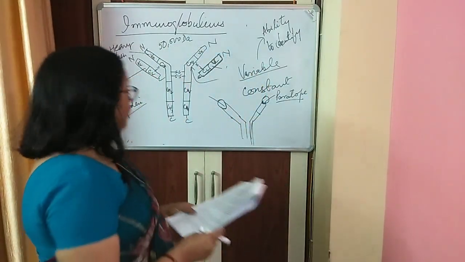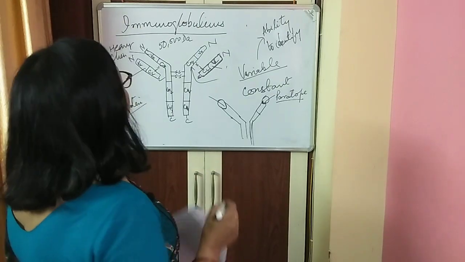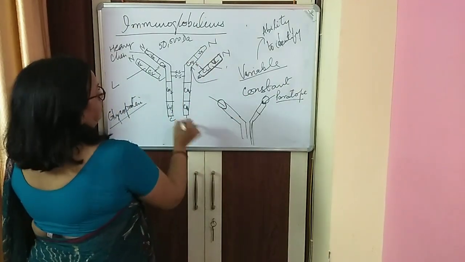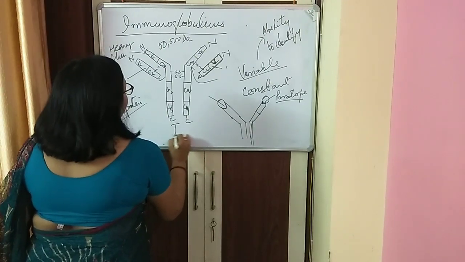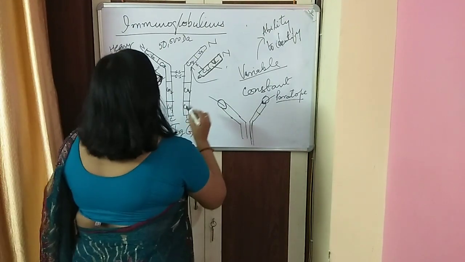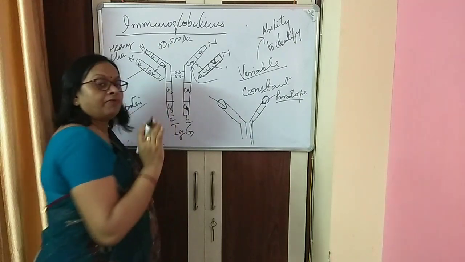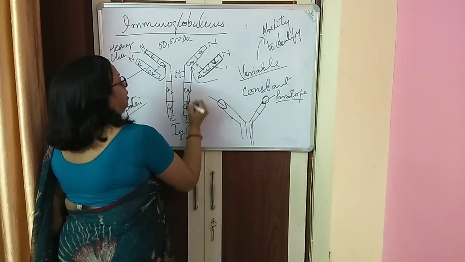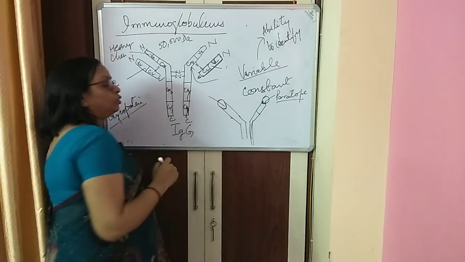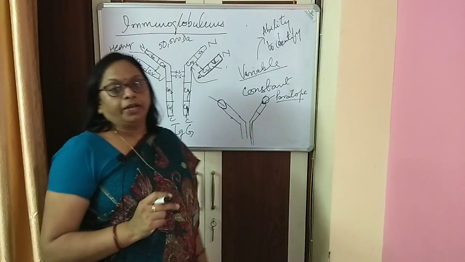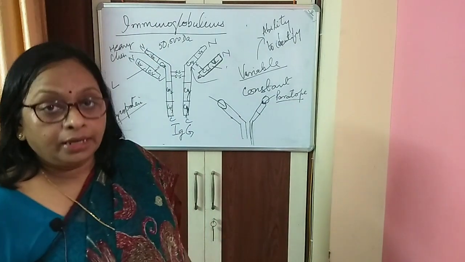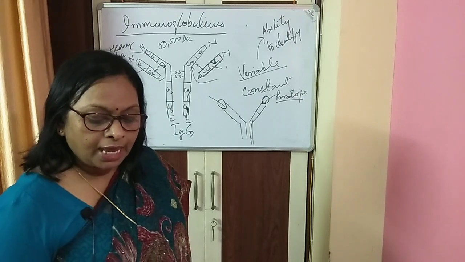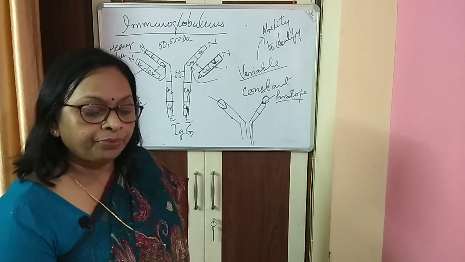So immunoglobulin G, I told you, this structure can be immunoglobulin G, except the constant region may vary and it will be CH gamma. Instead of CH1, CH2, you can write CH gamma. The number of constant regions may vary in different types of antibodies, as well as their